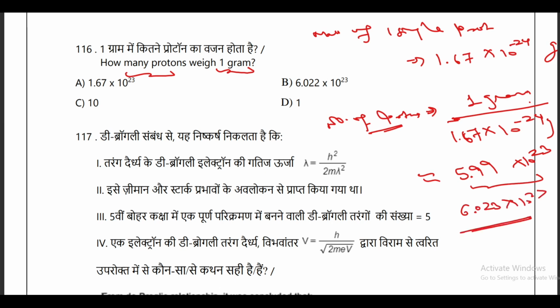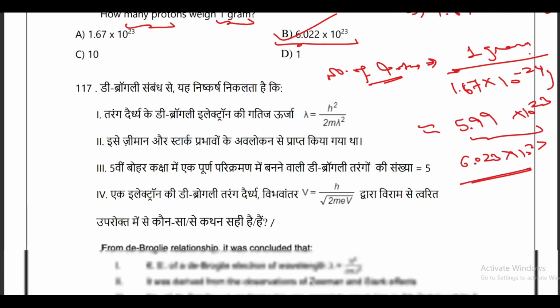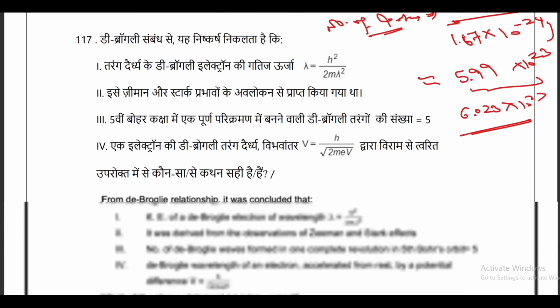So which is typically the Avogadro number commonly used in chemistry, just to represent the number of particles in 1 mole of a substance. So in this case your correct answer is B option. So you will tick this option. In the next question,